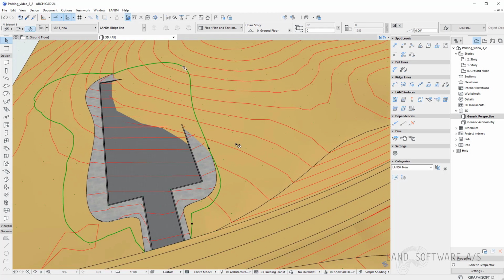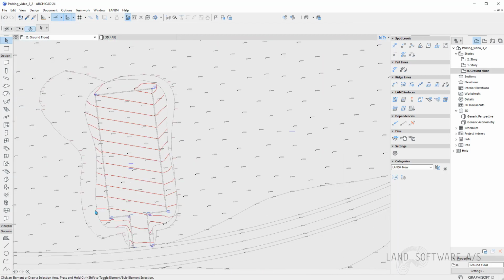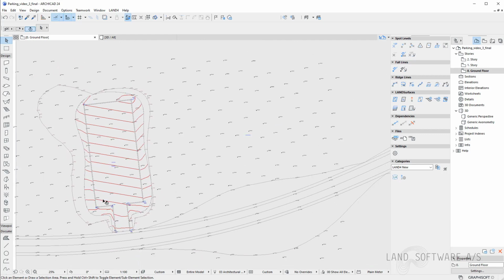So I can use these lines to construct the new terrain. So what I basically did is using the ridge slopes to create the ridge lines so I can use them further in creating the new terrain. And having these lines, I'm now ready to go to the next part of the project.